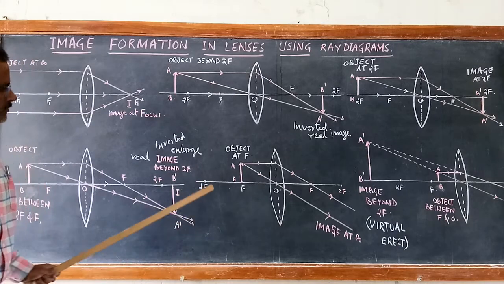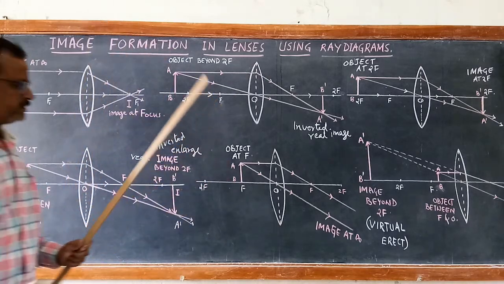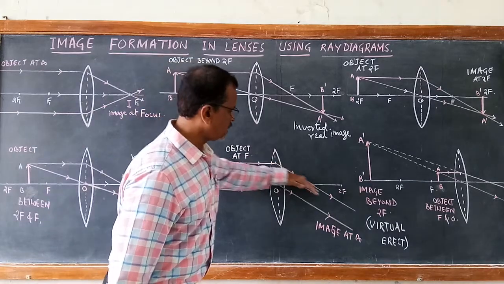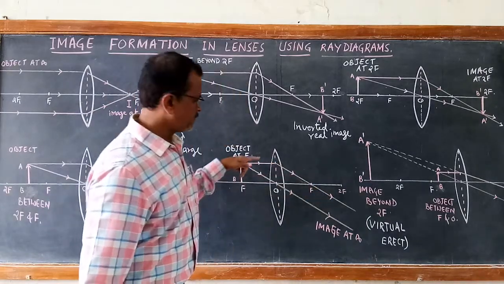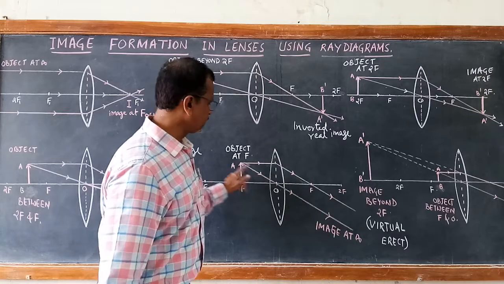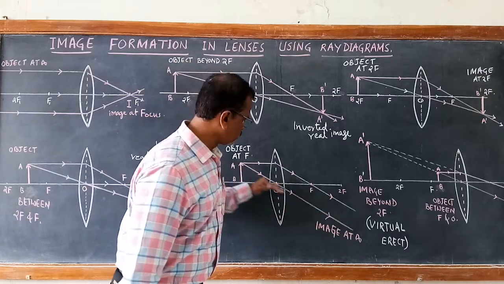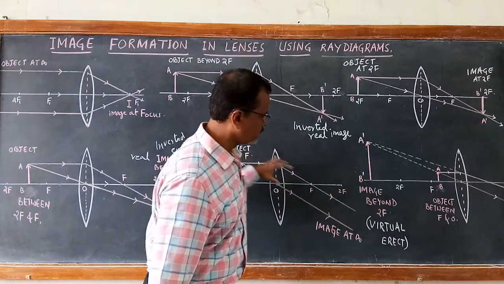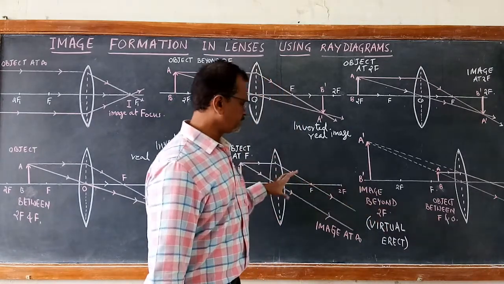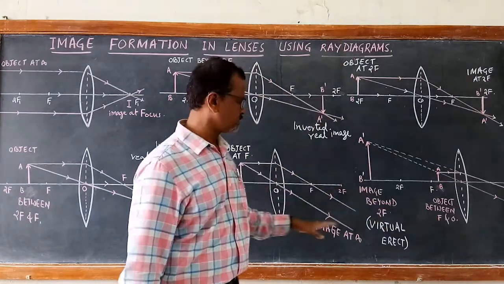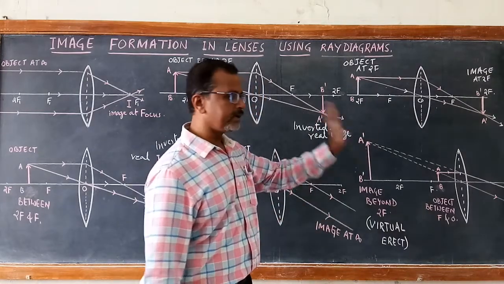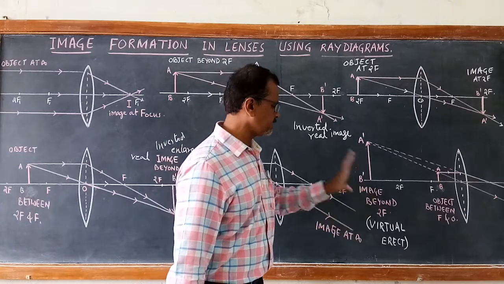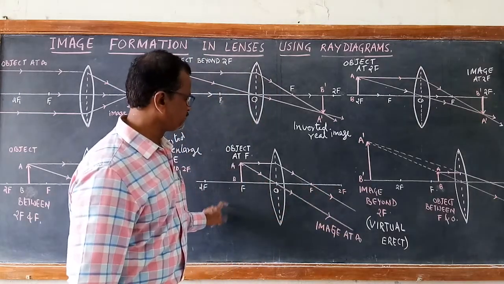Okay. Now if the object is kept at f, draw one ray parallel to the principal axis. After refraction it goes through the focus. Another ray must be drawn through the optic center. These rays, you see, go parallel to each other, they never meet. It appears as if they are going to meet at infinity. So you are going to get an inverted real image at infinity. This is the fifth position.